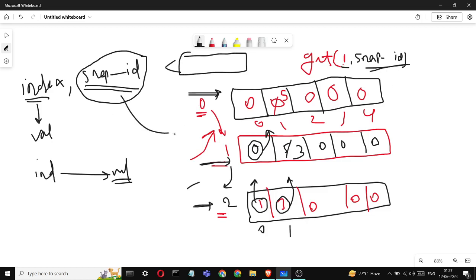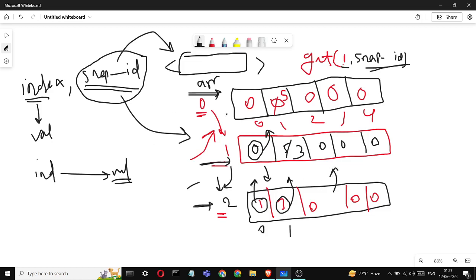If I am taking a snap, I will increase the snap id to 1, have this array, and do the changes in this only at a particular snap id. Getting it? So whenever we are doing changes, we do them in this array, and whenever we take a snap, we increase the id, copy the same array and do the changes in this. And at the time of returning, we can go to this snap id and